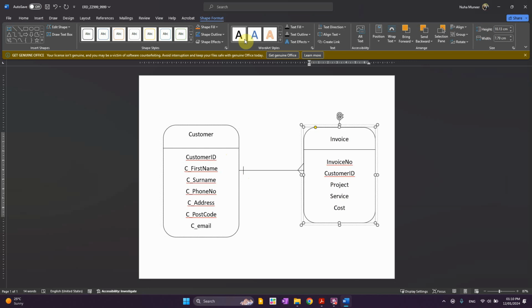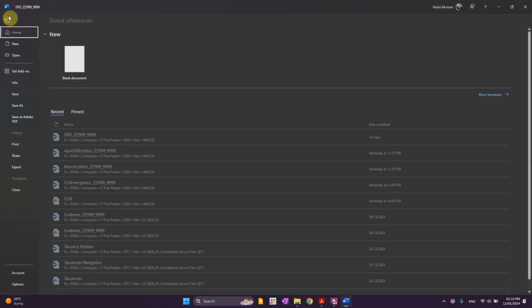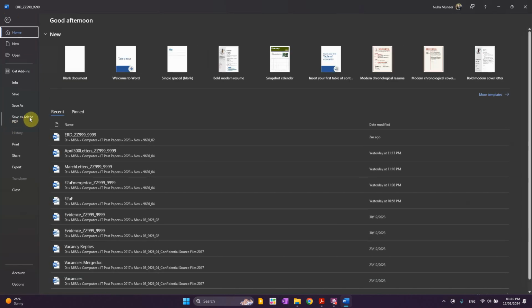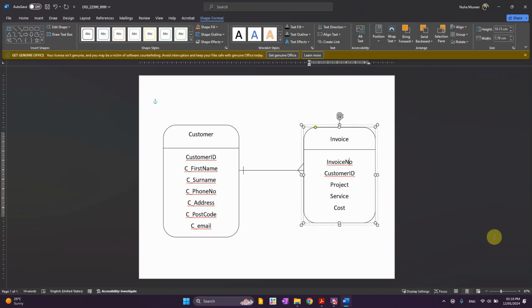After you're done and sure of everything, go and click Save as PDF. So that's the end of this paper. If you have any questions,